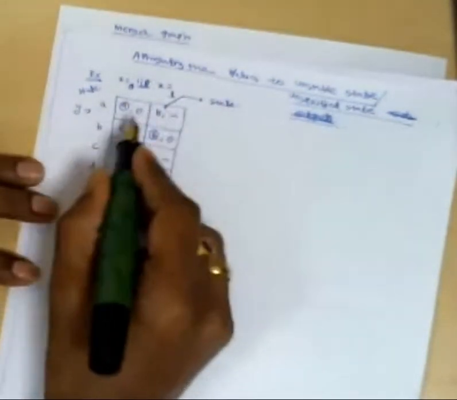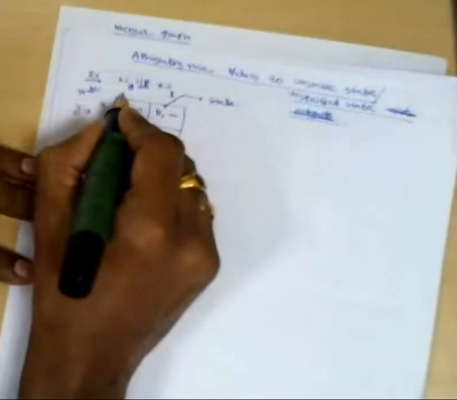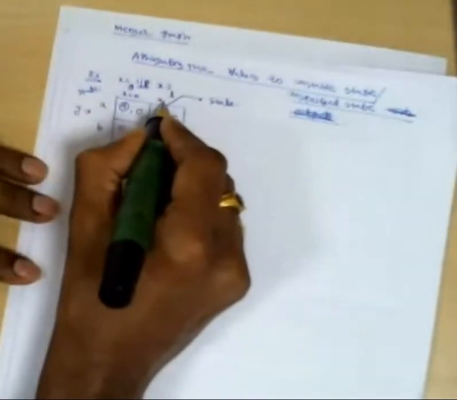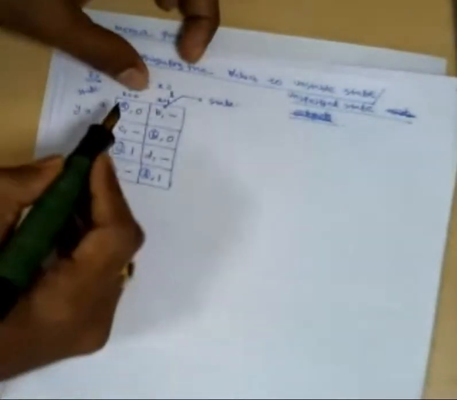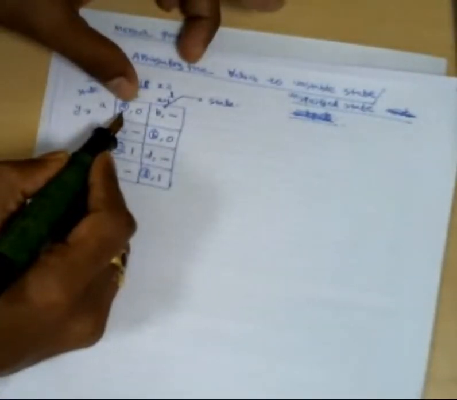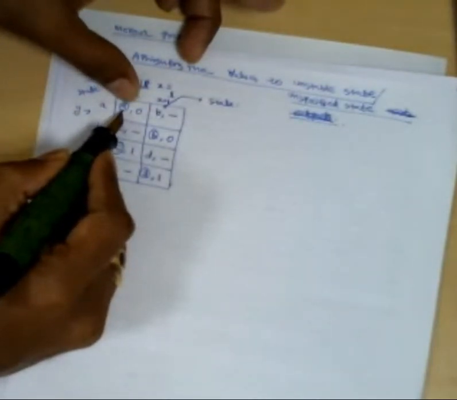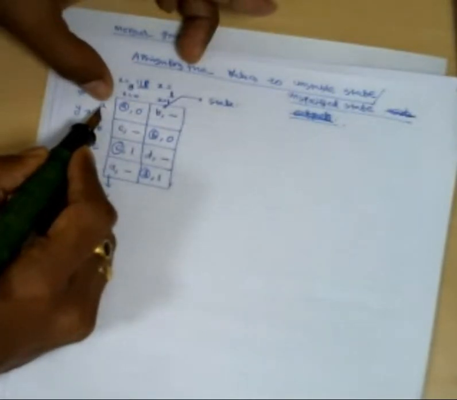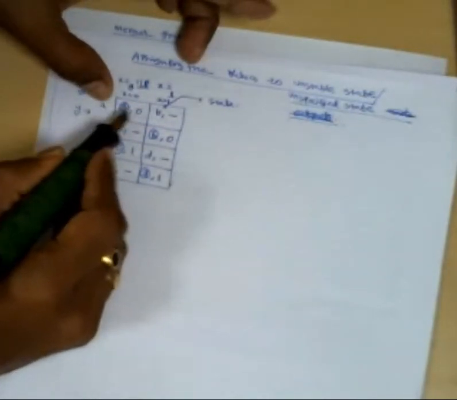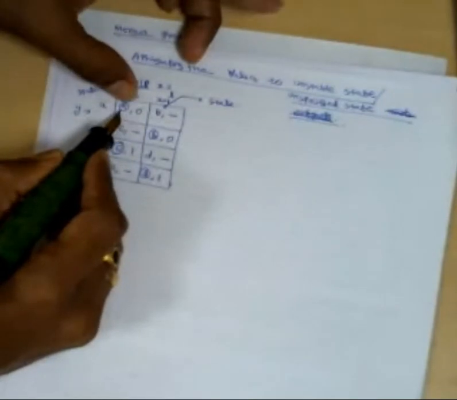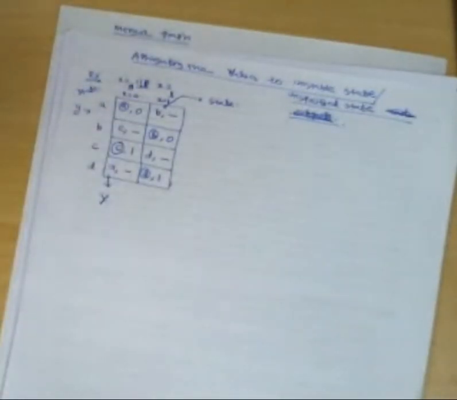See, the meaning of this table: suppose this is x equal to 0, this is x equal to 1. When the input is 0, the capital Y is, in state A, I am talking about state, the capital Y is A. That A will become a small y, A. Then that y will propagate through the circuit and again generate A. So capital Y is also A, small y is also A.